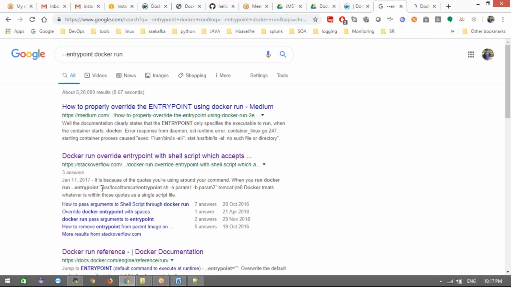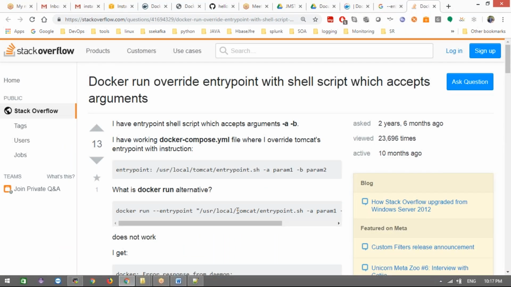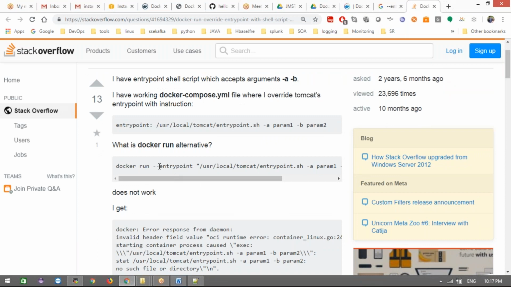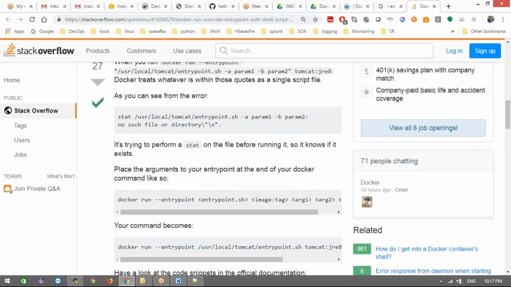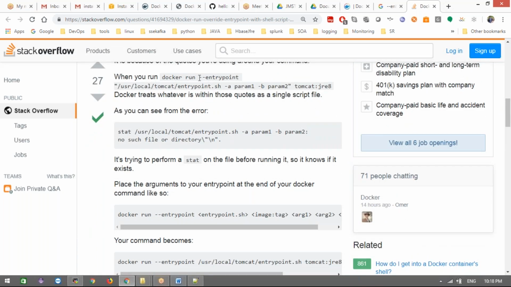See, this is what we already took, right? Now if you want to override something, instead of that we can override with your own script. Instead of startup.bash, right, if you want to run your own thing as the entry point, that will run. If you want to override this, we are going to use the hyphen entry point like that. Now the parameters and everything, you are writing the entire entry point command while doing the Docker run command.